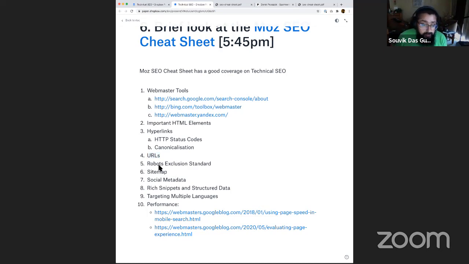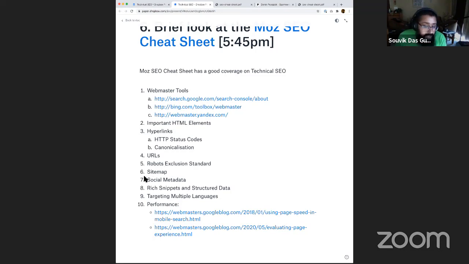The fifth point is, there's a robots exclusion standard out there which can guide search engines to say that, hey, do not crawl a certain part of my site, do not index a certain part of my site, or the other way around, please index a certain part of this site. Make sure that those settings are done correctly, so that your entire website, or to the extent that you want it to be crawled, is crawled and the search engine is indexing all of it. Whether the search engine is able to find or index them or not is something that you can validate in the webmaster tool or the search console itself.